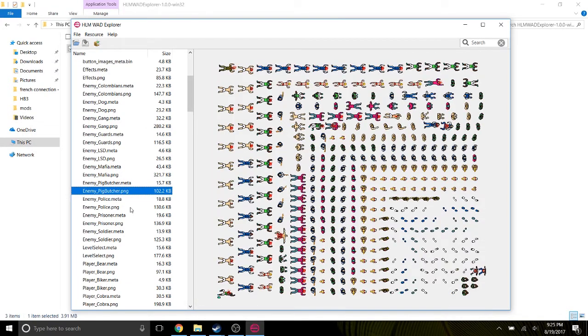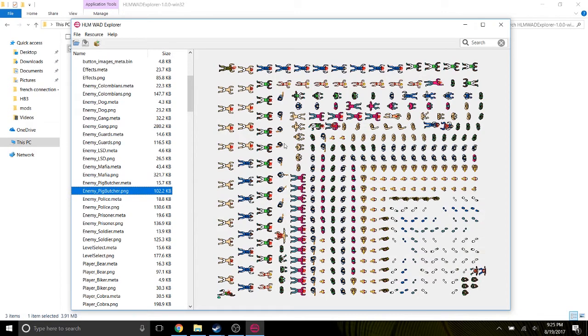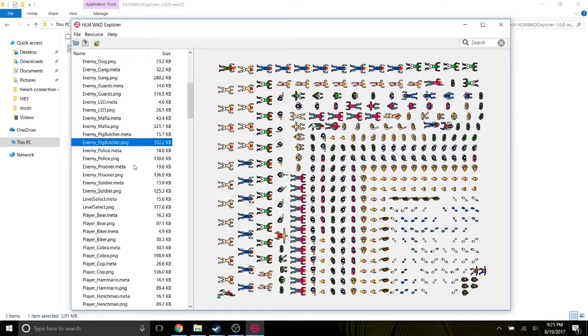You get the full sprite sheet and the meta. And I don't think we figured out a way to alter the meta very well. But at least with sprites, you can do it. I know how to do it with fonts, but you'll see this. And so what you'll want to do is let's find the